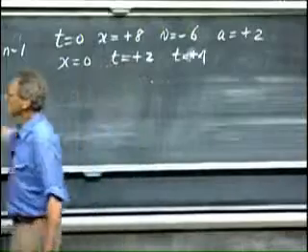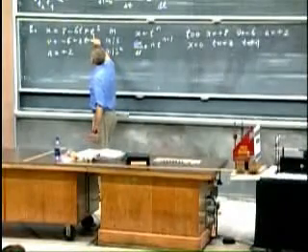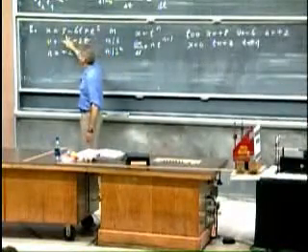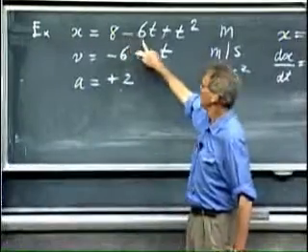Take the plus 2, that makes this 4. 4 plus 8 is 12, minus 6 times 2